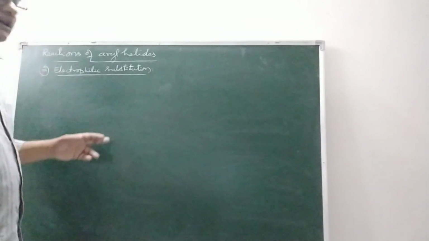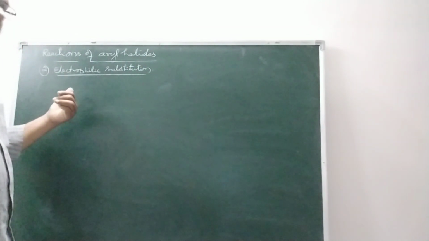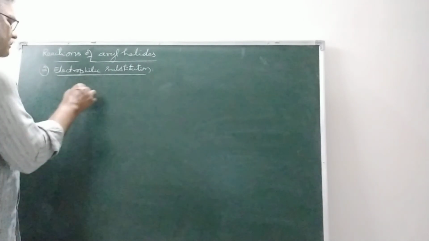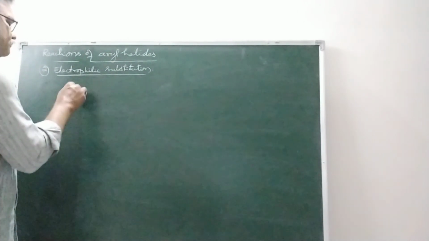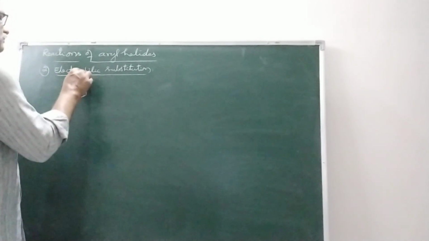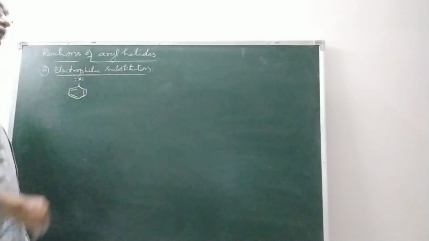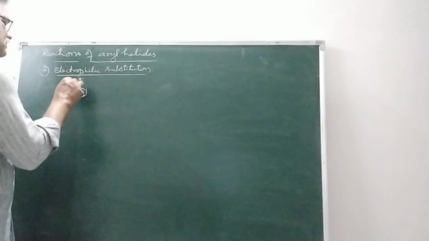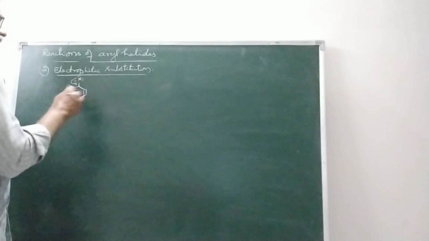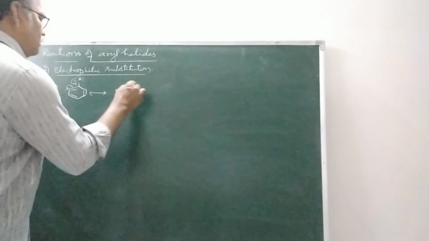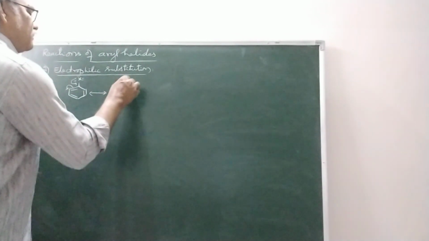Why? The electrophile reaches ortho and para positions. Okay, say take C6H5X. If one electron pair shifts like this, then the pi electron pair comes like this. So we'll get X